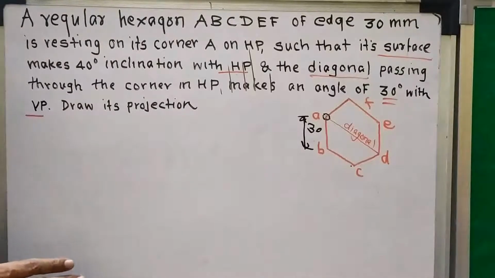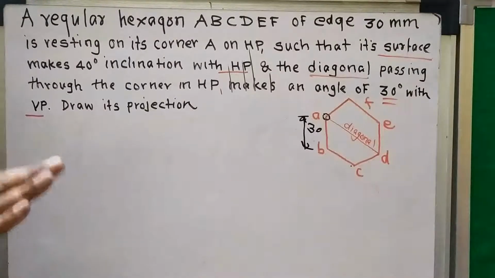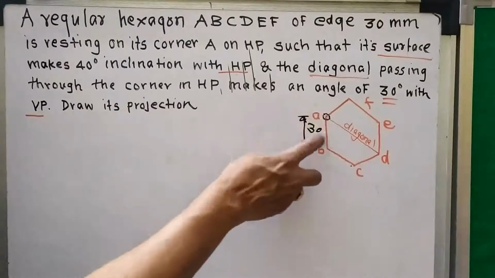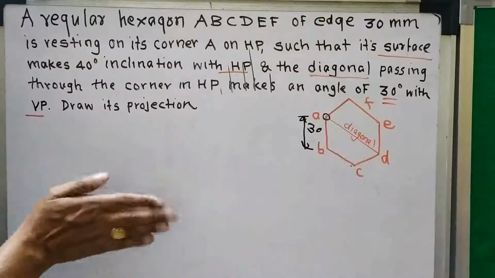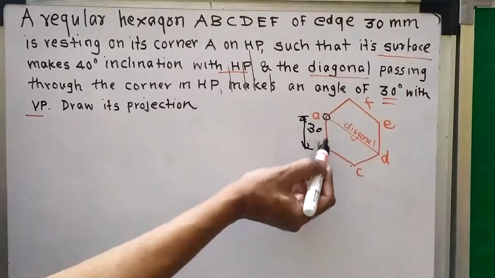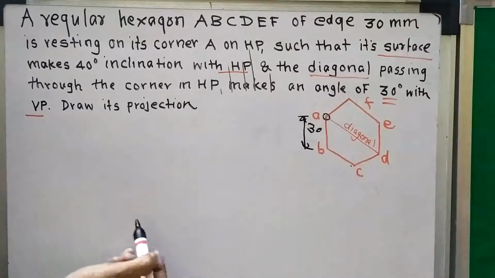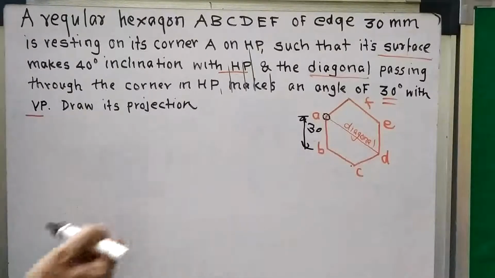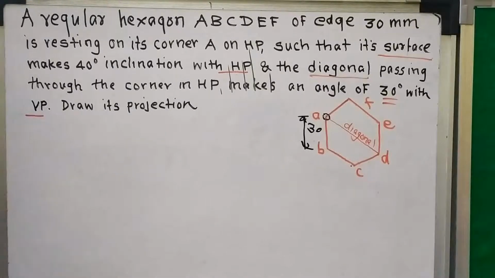Surface is inclined to HP, so lie down the hexagon in the HP, because what is our procedure? If the surface is inclined to HP, lie down the surface in the HP. If the surface is inclined to VP, lie down the surface in the VP. Now this is the surface inclined to HP, so I will lie down the surface in the HP. So in the HP, I have to draw the true shape of the hexagon. Now whenever you draw the true shape of the hexagon, there are two possibilities. When it is resting on the side AB, then we have to take AB perpendicular to XY. But when it is resting on the corner, then how do we take the hexagon? So there are two possibilities, I will explain to you.